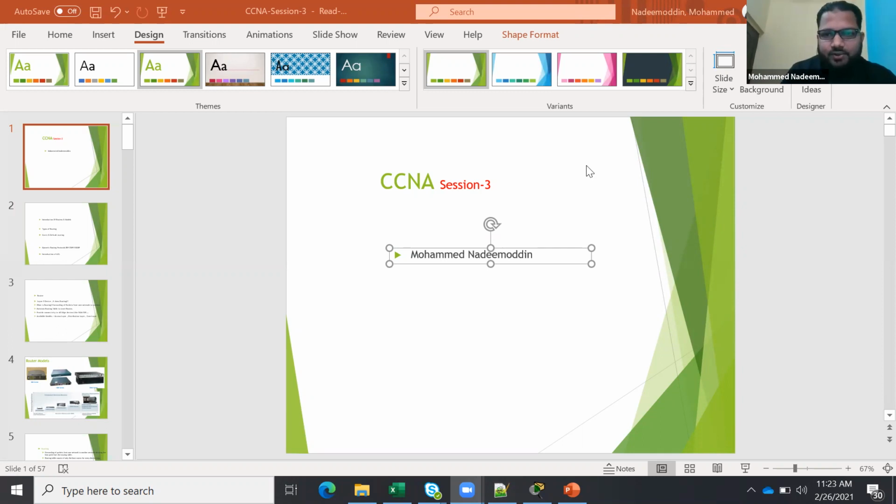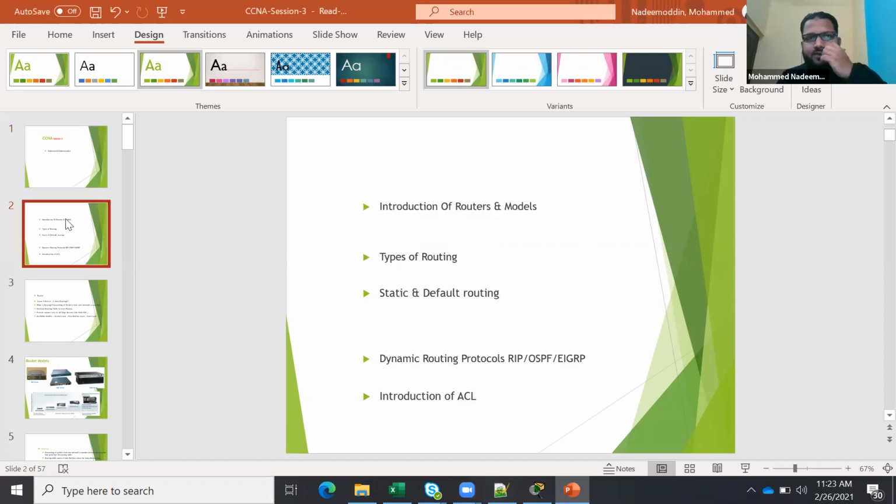So what we are going to learn today. In switching, most of the topics we have discussed. So now the next thing is routing. Routing is layer 3. See, your endpoints will be there, like your computers, laptops, printers, scanners, servers.